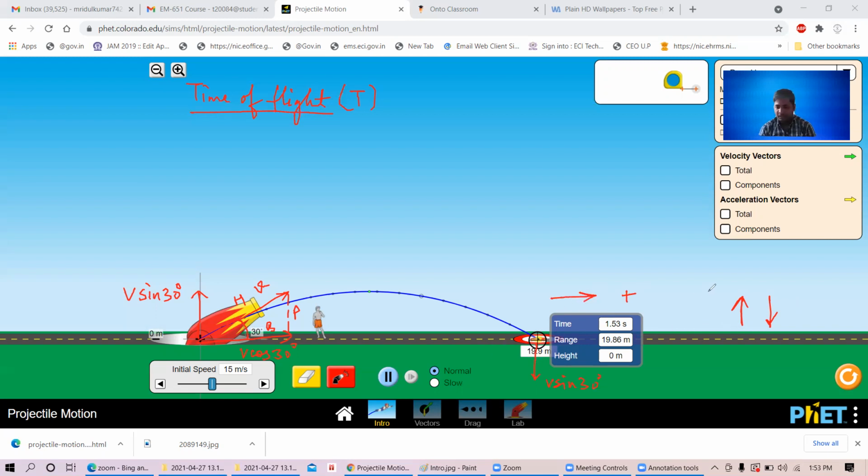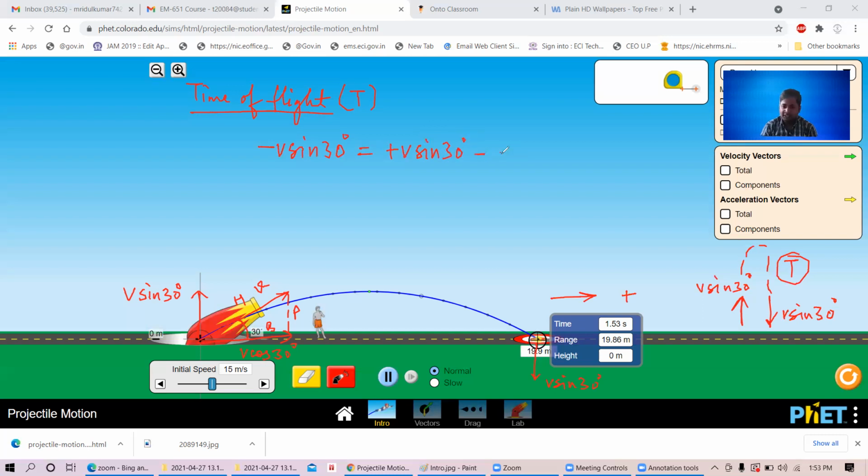So we know that the vertical velocity, that is the v sine 30 component, will remain the same, only its direction is going to be changed. And this whole motion completes in a time interval that is capital T. So we know that the final velocity would be equal to v sine 30 minus v sine 30. Initial velocity is v sine 30 plus v sine 30 because it is in the upward direction,